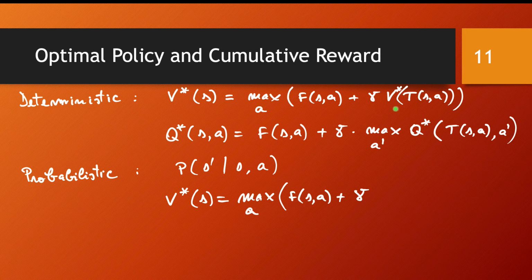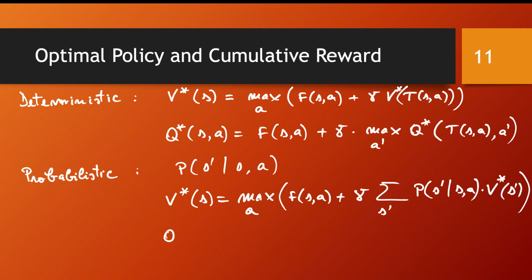And remember, here it was a simple matter because I knew what the next state was, but here I'm in the probabilistic choice. So all the states are possible, but reaching each one of them comes with a certain probability. So I'm summing up over all possibilities. So it's a sum over all possible states S prime. And reaching that state is going to be with probability P of S prime given S and A. And then it's times the optimal value in state S prime.